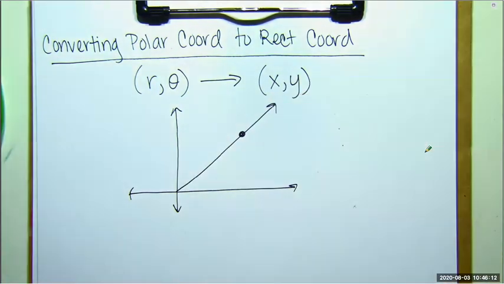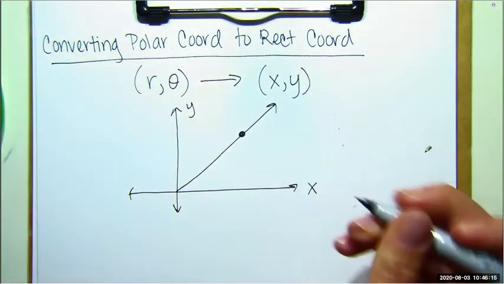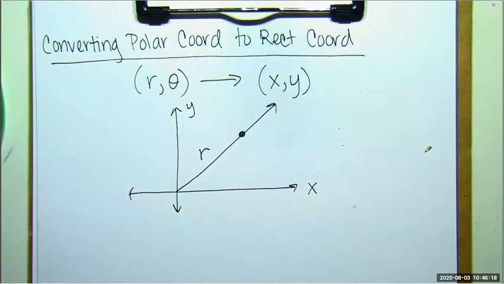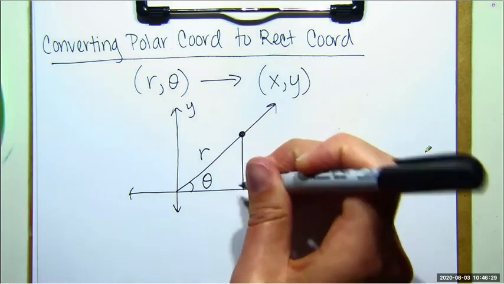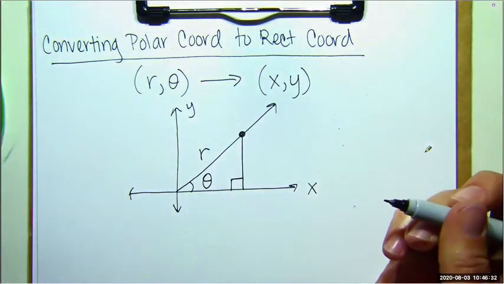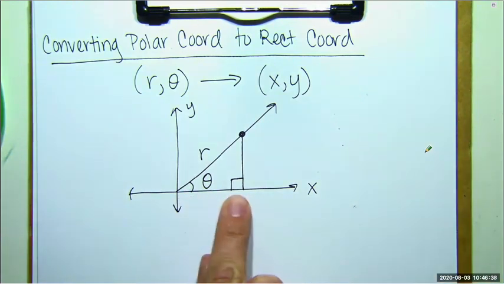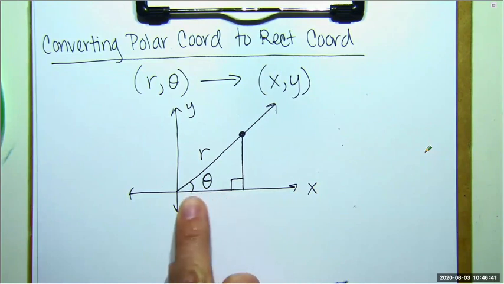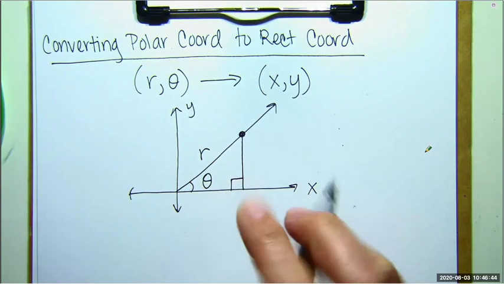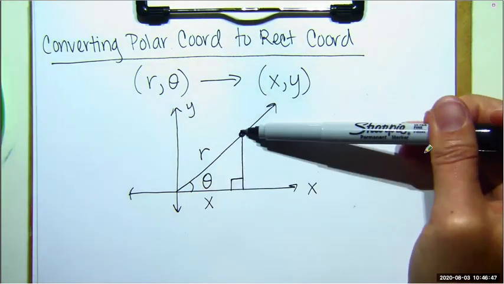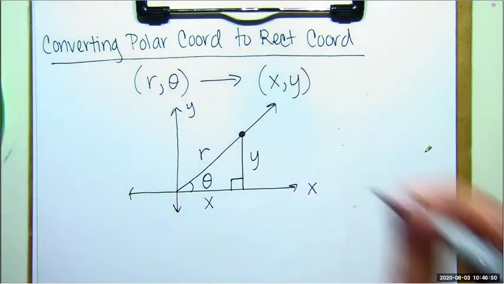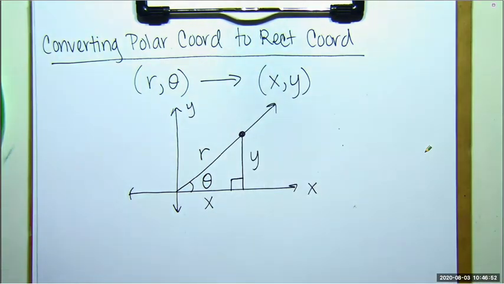So here's a generic point. This distance from our pole out to our point is called r, and then this angle measurement is theta. Now, if I drop a perpendicular to the x-axis and I form a triangle, in terms of x and y, this side of the triangle is what? X or y? X. Okay, how about this side of the triangle? Y, yeah. Okay, so you don't have to memorize any of these formulas, and later on, if you're in calculus